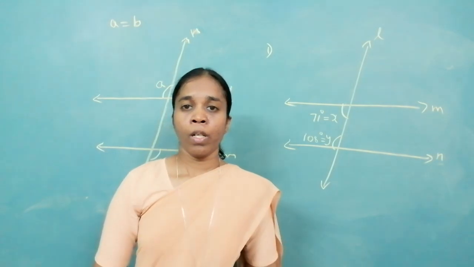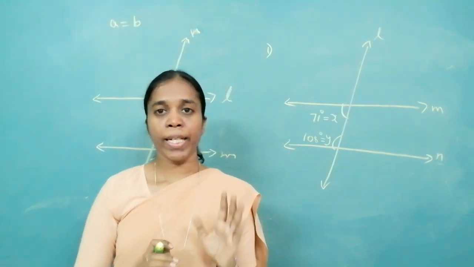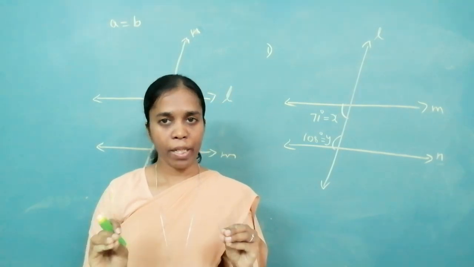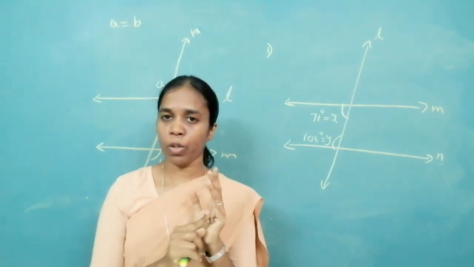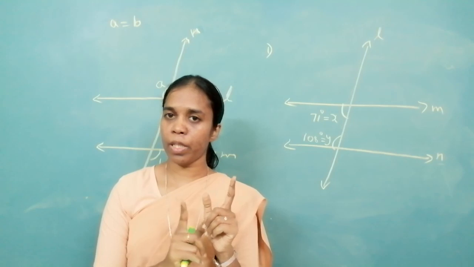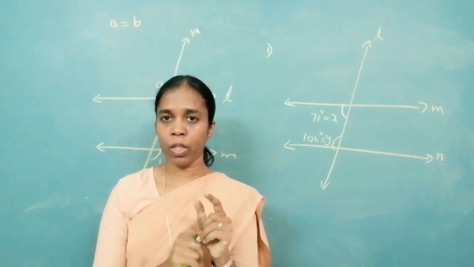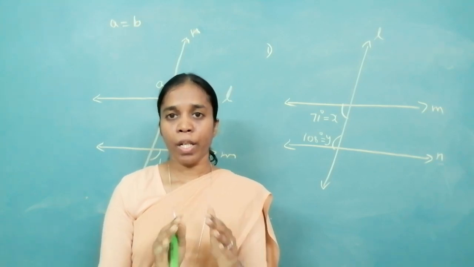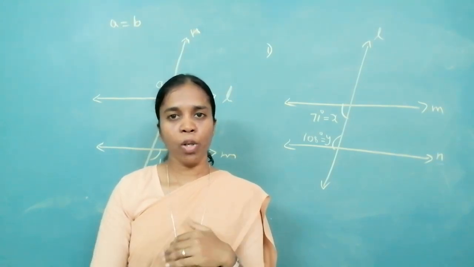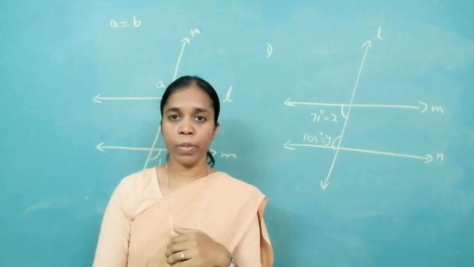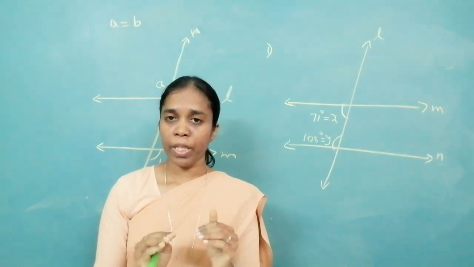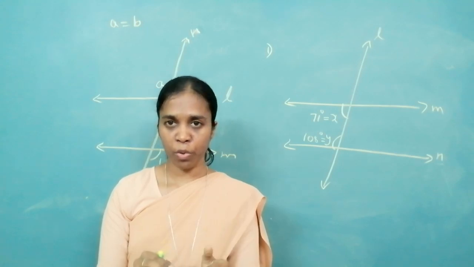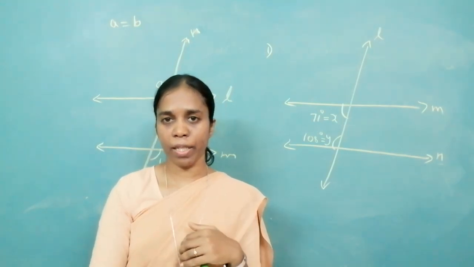So far, we have done 3 properties of parallel lines. If the lines are parallel, corresponding angles are congruent, interior angles are supplementary, alternate angles are congruent. What is given to you? Lines are parallel. Now, you have to do the converse of all these. How does the converse become? You will be given that corresponding angles are congruent. Therefore, prove that the lines are parallel.